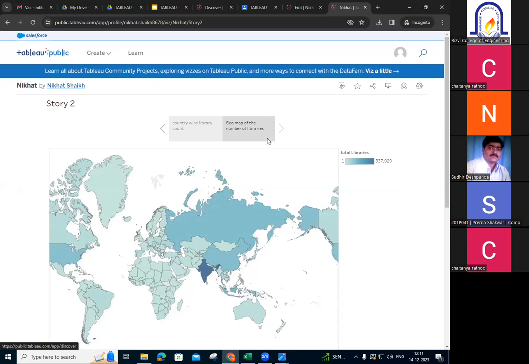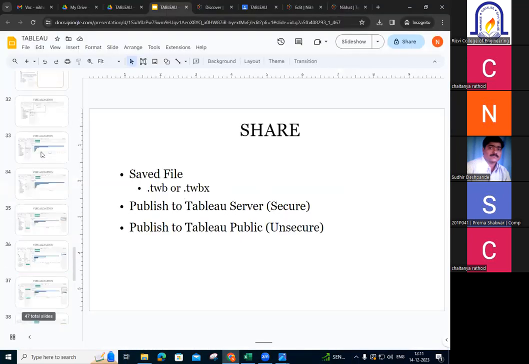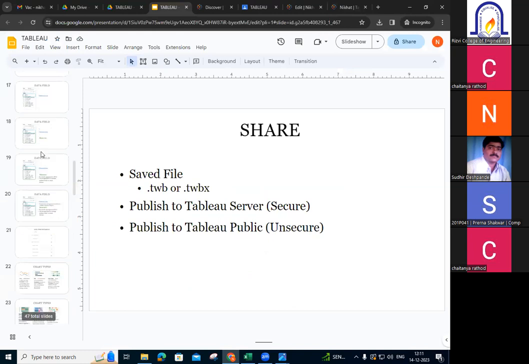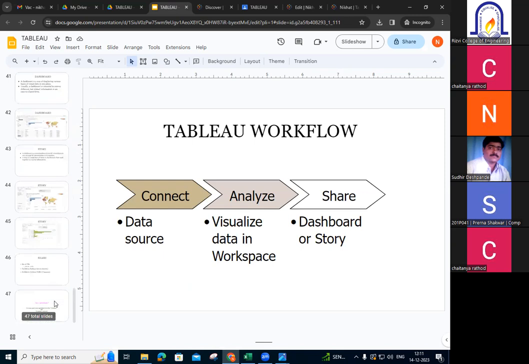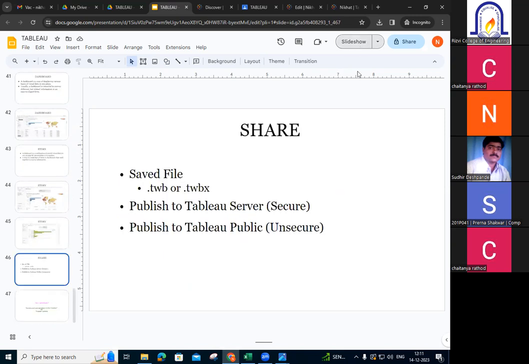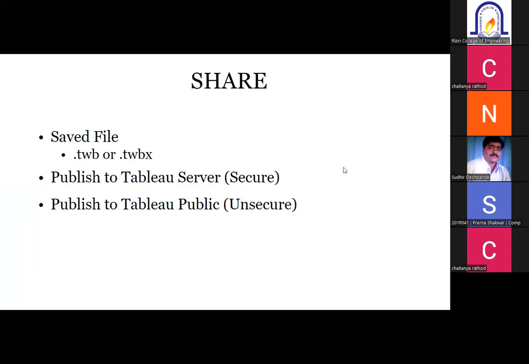What we said earlier, we have to connect, analyze and share the dashboard or the story. If I want to share or publish the dashboard, I can publish the dashboard. If I want to publish the story, I can publish the story. So we have successfully connected to a data source, done the data visualization, and shared